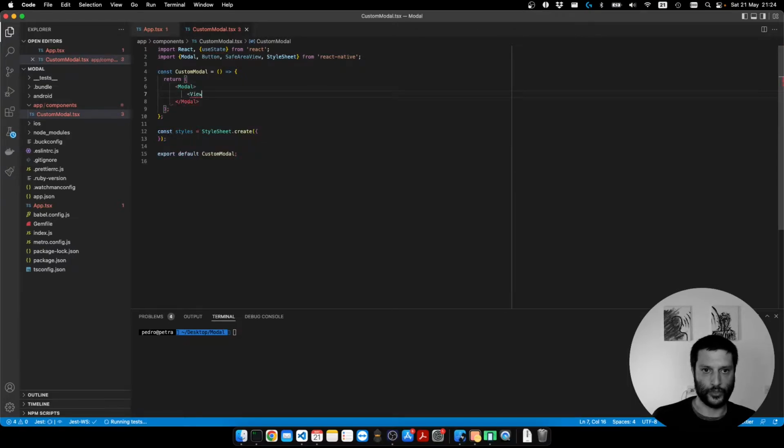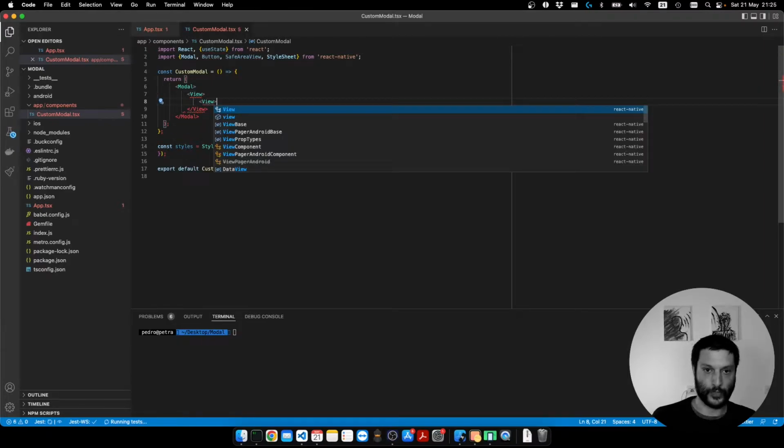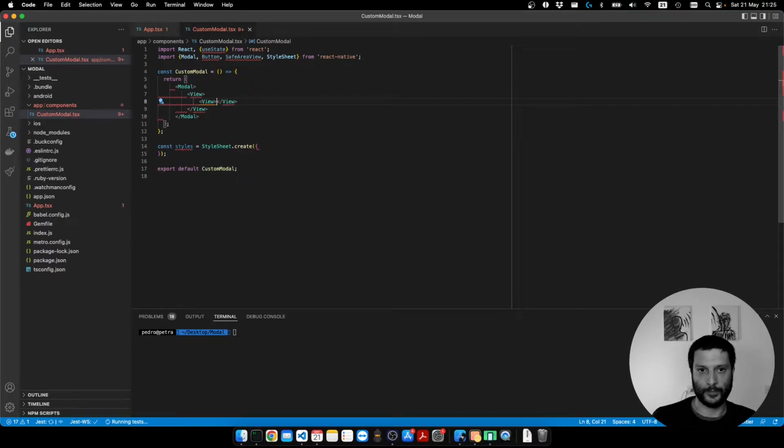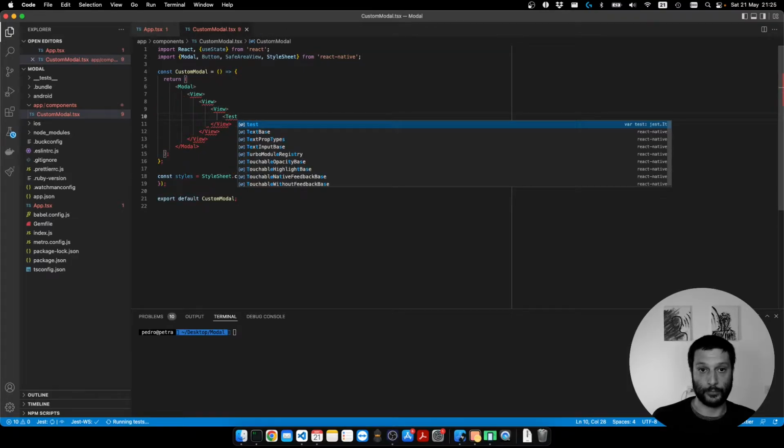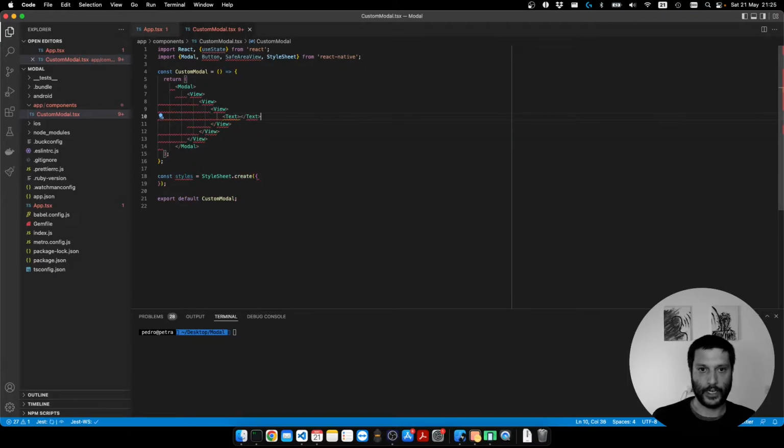We will need a couple of views because I want to create a blurred, not a blurred, but grayed out background, as we typically see this in the modals. I want to put the content in the center or in the top or in the bottom. So let's see. And I need to add the content, so the text, for example,